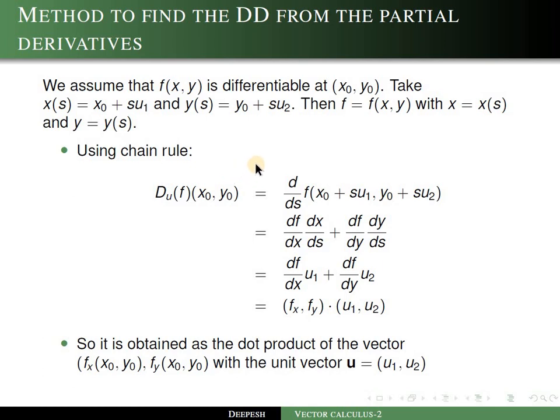So we have defined the gradient of a two variable function f of x, y or a three variable function f of x, y, z. It is just a vector found by using the partial derivatives of f with respect to the variables, that is ∂f/∂x, ∂f/∂y, and ∂f/∂z if there are three. Okay. Now we are going to see some applications of this gradient vector in finding the directional derivative of a